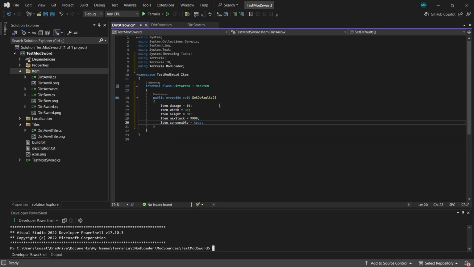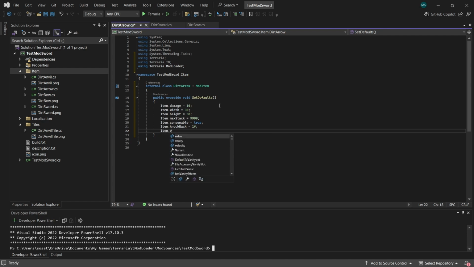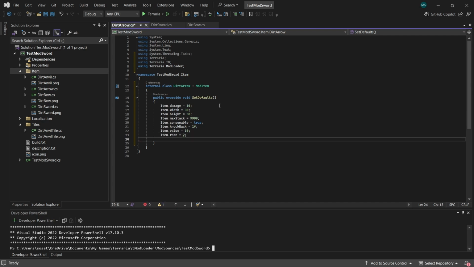And then item.consumable. This would just make your stack size go down every time it gets used. And then item.knockback. This would just give a knockback to your actual arrow. And then item.value. This one you can set as anything if you want. It doesn't matter. Item.rare. I'm just gonna give it a value of 2. I think it's white. Item.shoot. So this one is